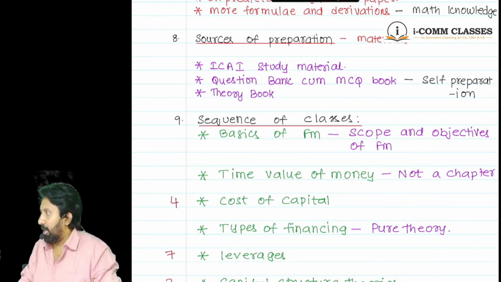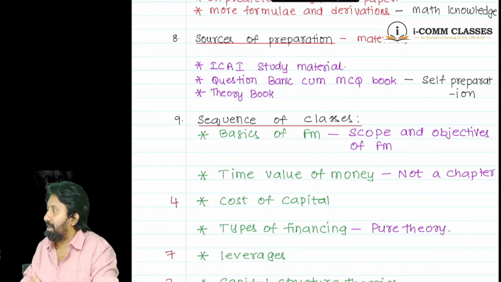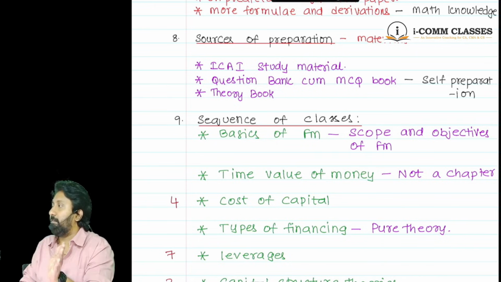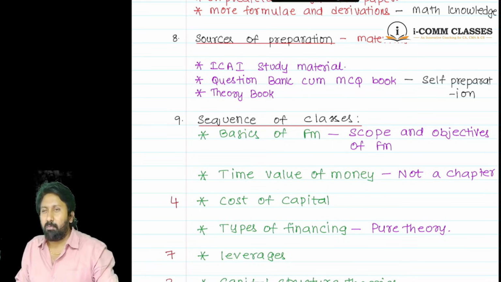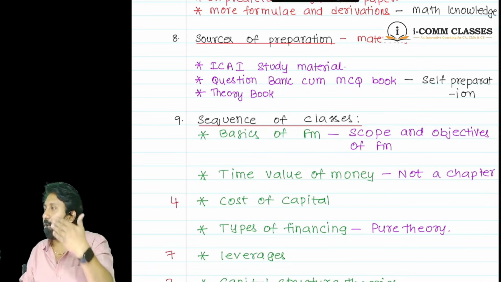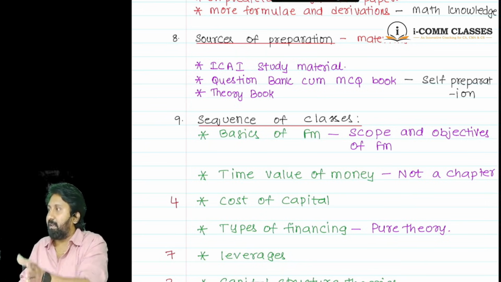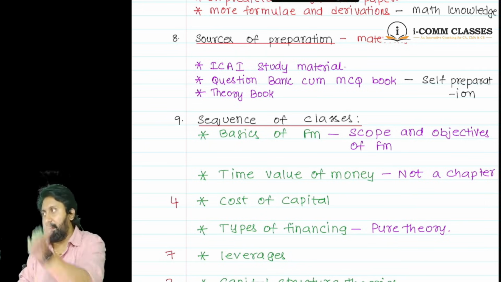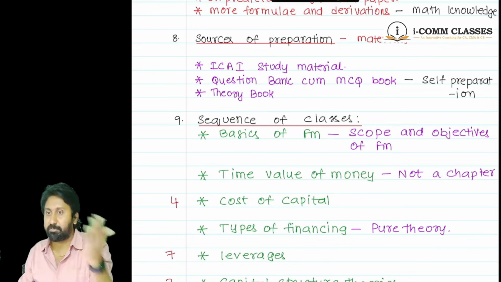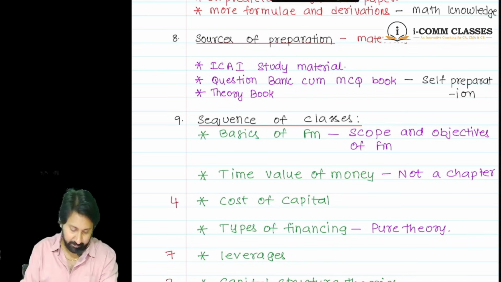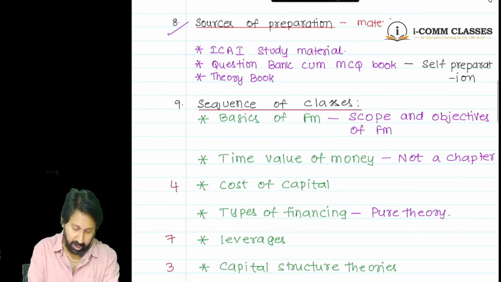Okay? Every day when we start ratios, one part of the session we will do ratios, one part of the session we will read sources of finance. More theory in one session means it will get boring. So what we will do is, if there is a 3 hours class, 1.5 hours I will teach you, 1.5 hours I will go to theory. Every day there will be a mix of both theory as well as the practical part. Okay. Next.